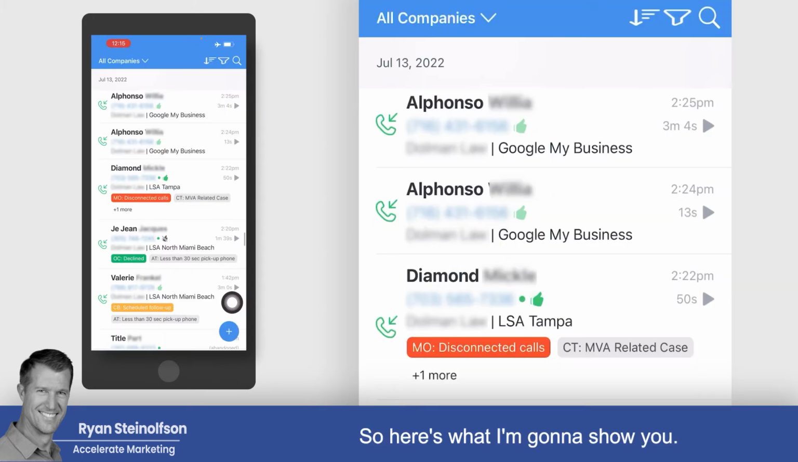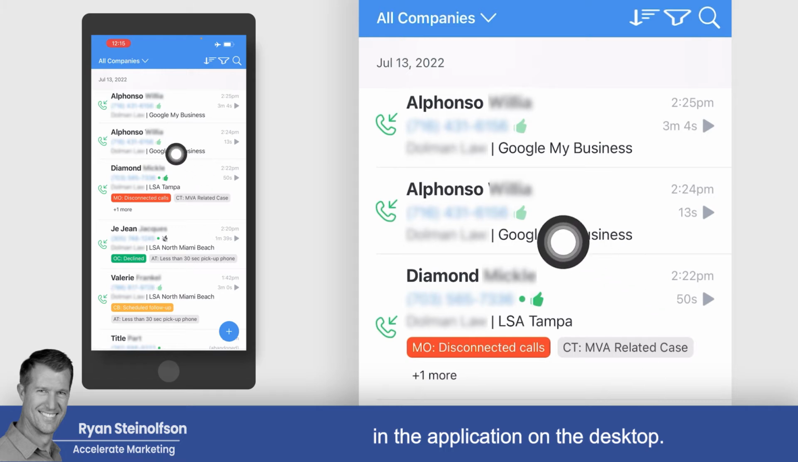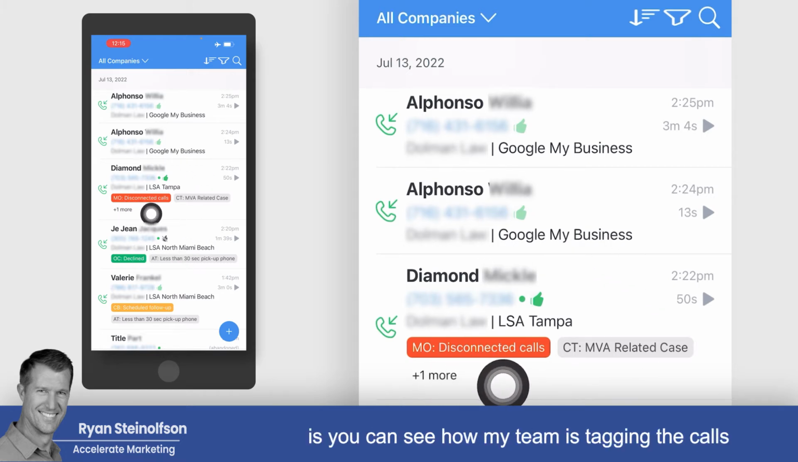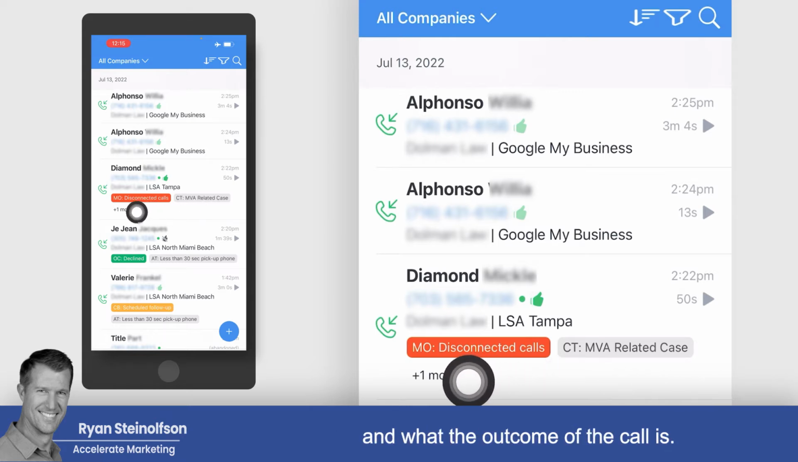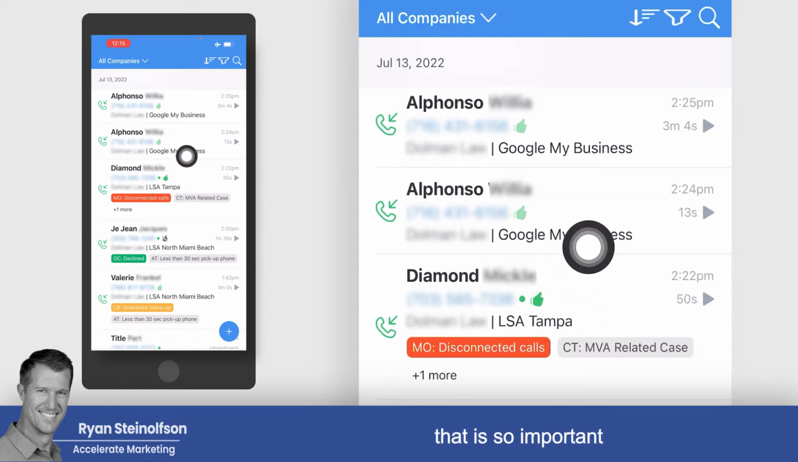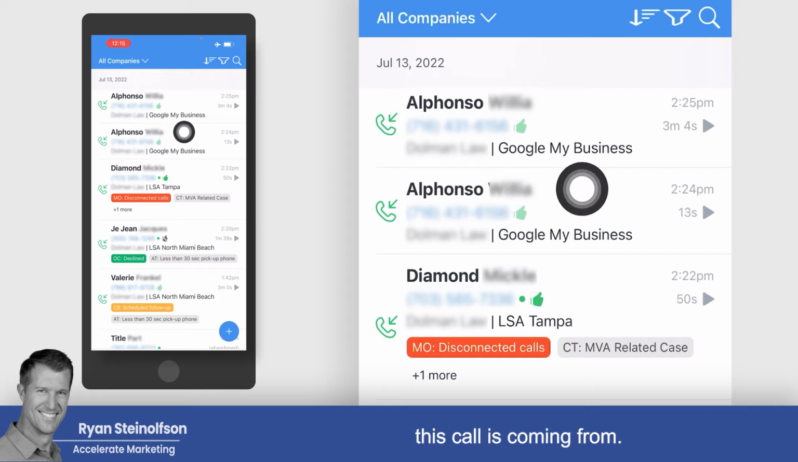So here's what I'm going to show you. This is the application on my phone, but this same information can very easily be seen in the application on the desktop. And what I want to point out to you here is you can see how my team is tagging the calls based on what type of case it is and what the outcome of the call is. And the other thing that you can see, and this is what I want you guys to see that is so important, is we can identify where or what ad or what type of activity that this call is coming